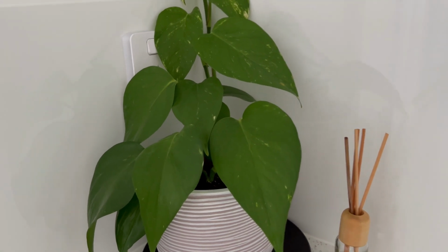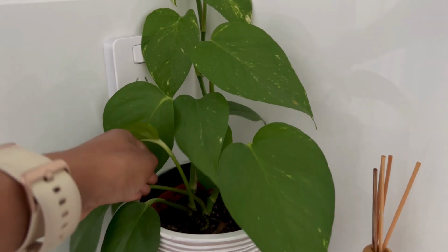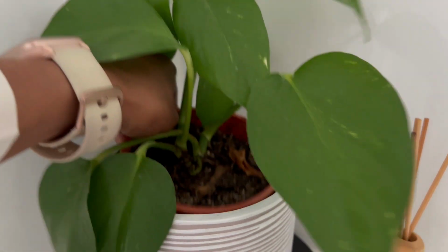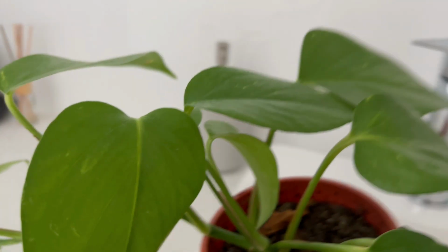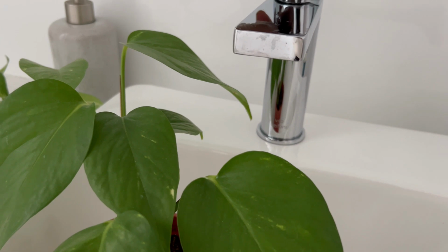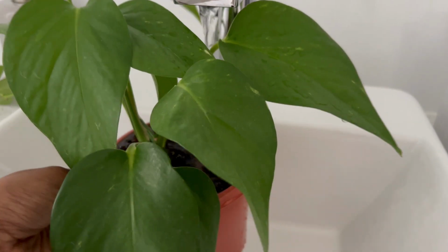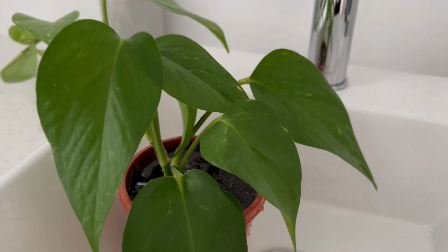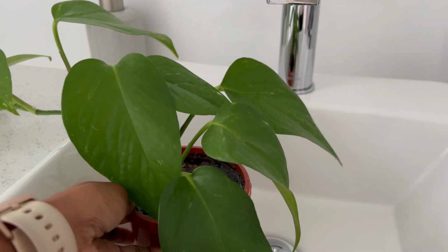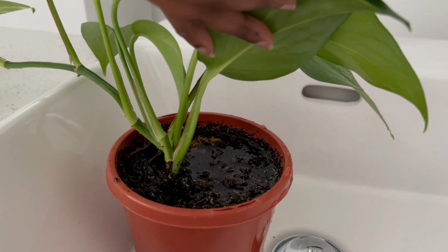So if you want to water these plants, you can water the correct amount here, but because I've used a decorative pot and the actual pot is inside, I would rather take this and place it on the sink, wherever the closest sink is, and then pour some water into it. Make sure the pot has a lot of water and it runs down, and I would wait till that drains completely and then put it back in the decorative pot. This way the plants get